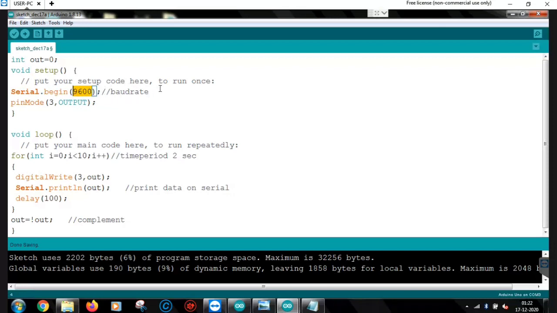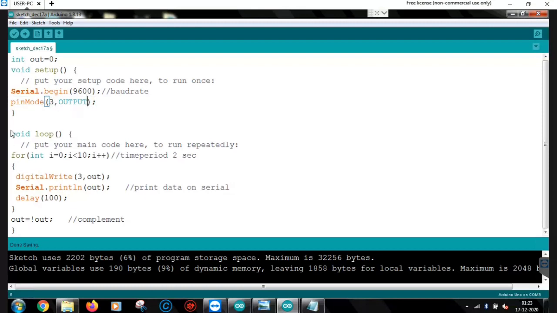So this is the speed of the data that will be transmitted through the serial. Okay, and then this third pin of Arduino is set as output. So we will try to generate the square wave through this third pin of the Arduino.